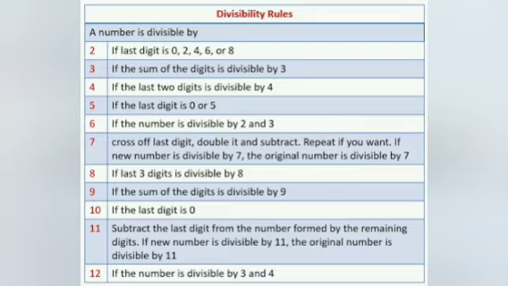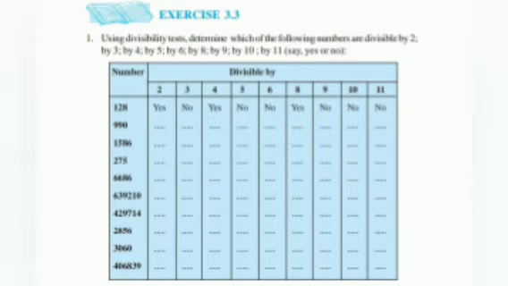Last is, if the number is divisible by 3 and 4, meaning it is in the tables of 3 and 4, that means it is divisible by 12. See, the first question in 3.3 is where to apply the divisibility test of 2, 3,